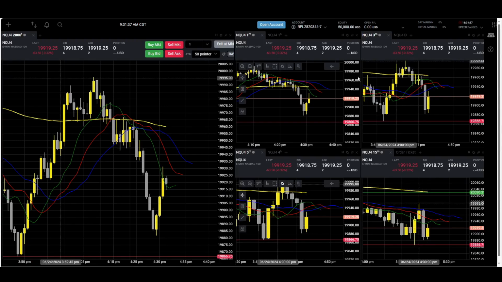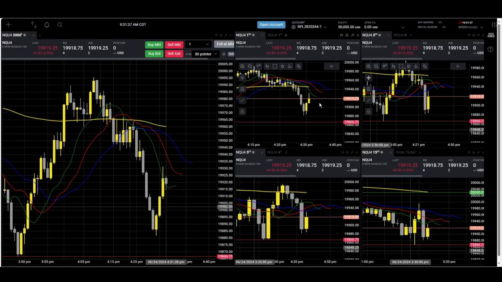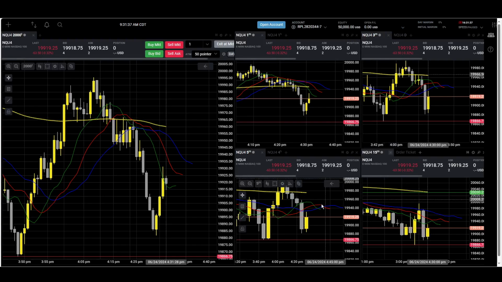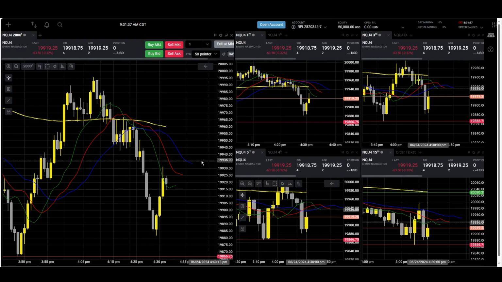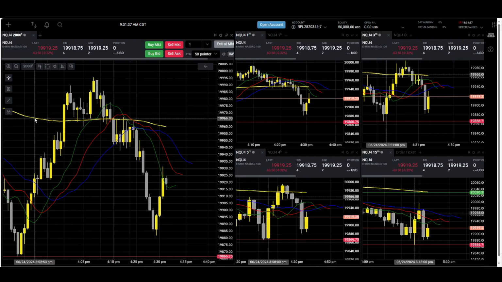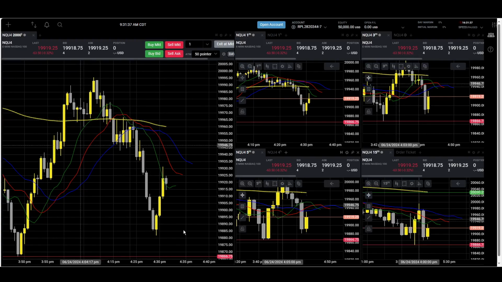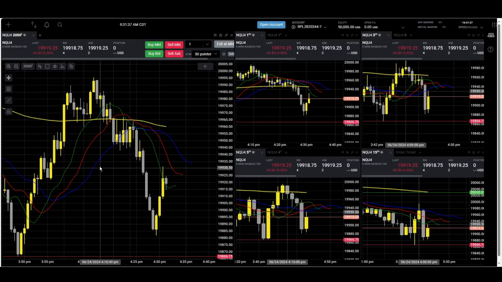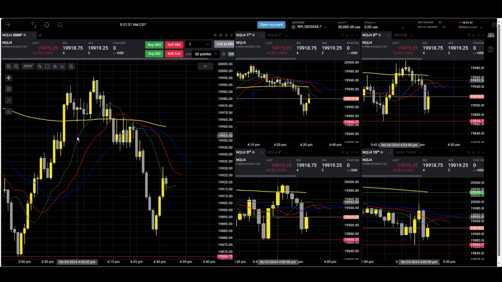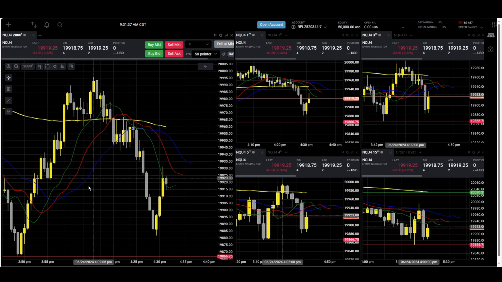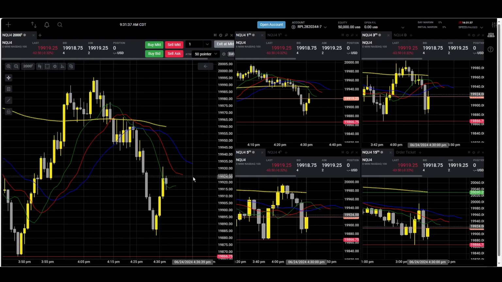So this area of the screen are time based charts. So this is 1 minute, 3 minute, 5 minute and 15 minutes. What we can see here, this yellow line is the 200 EMA. We can see it on every chart, and of course the alligator, right? Green the lips, red the teeth, and blue is the jaw. So